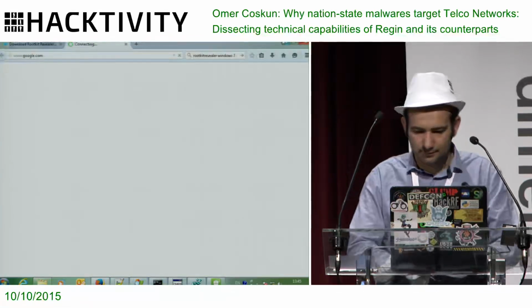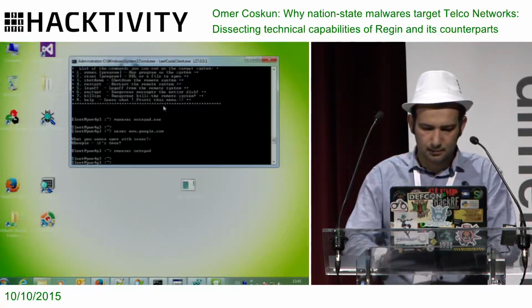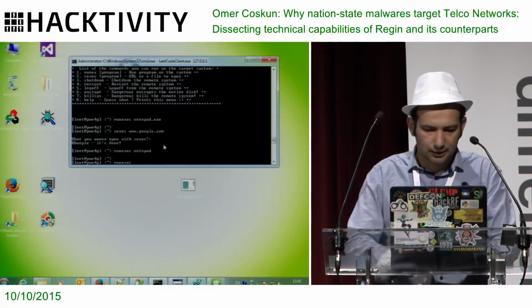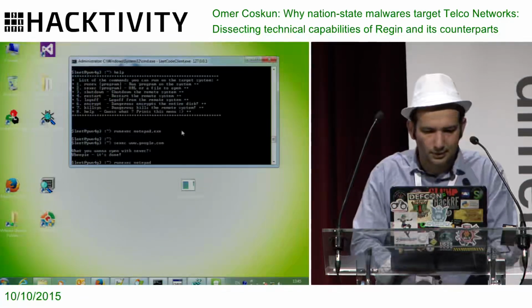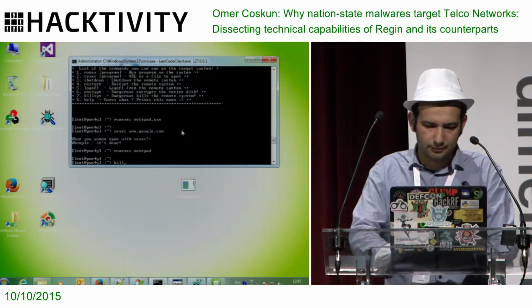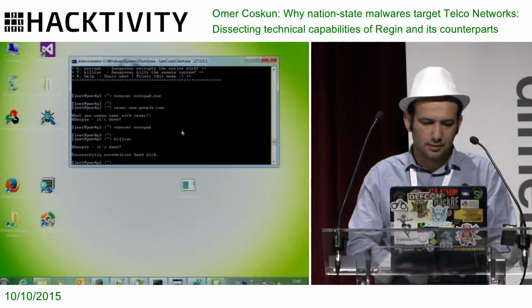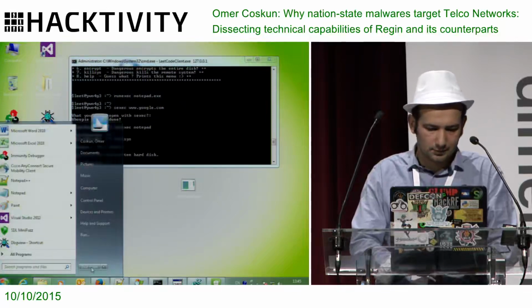Like this. I think I don't have Notepad. Maybe I can demonstrate some malicious activity to you. I successfully overwrote the disk.